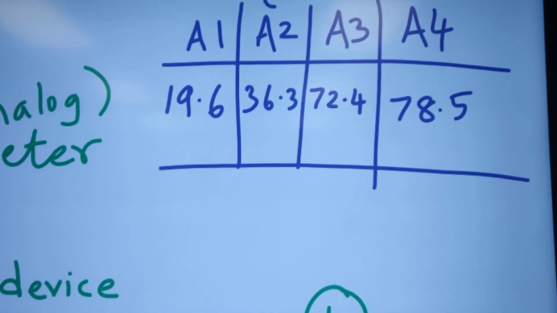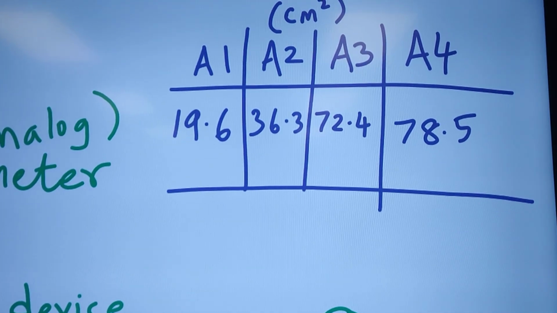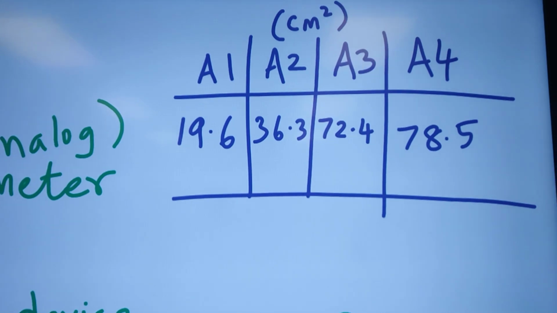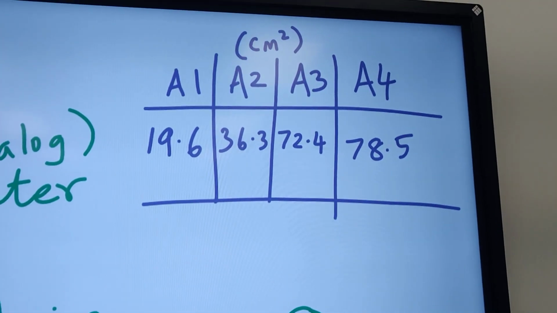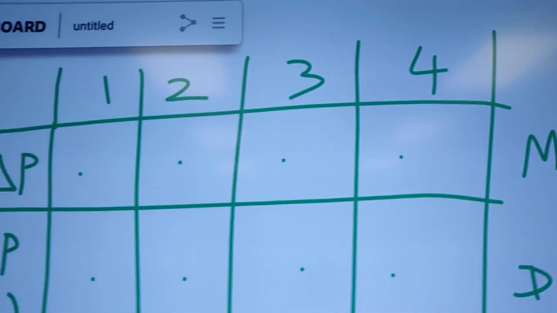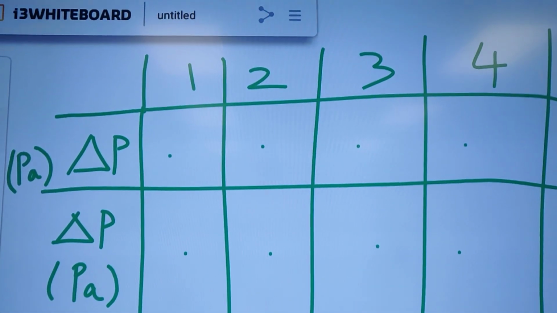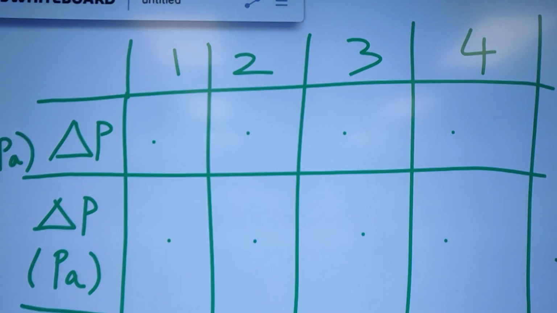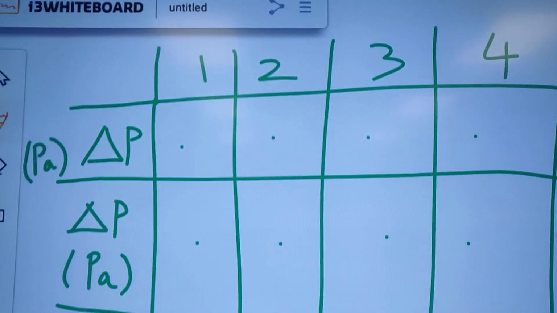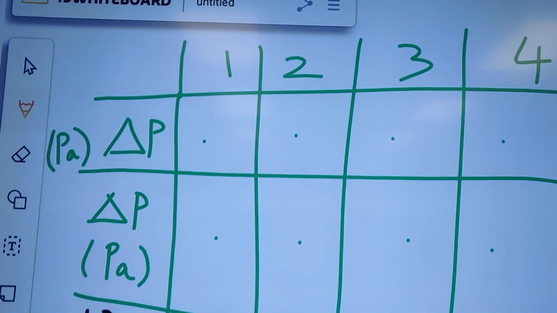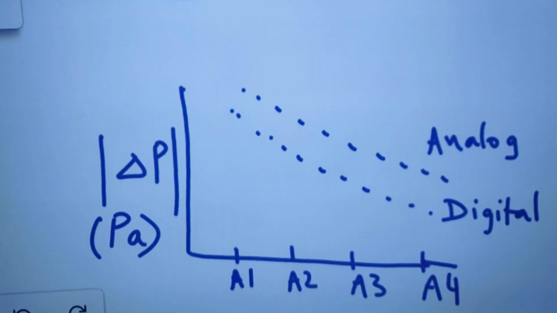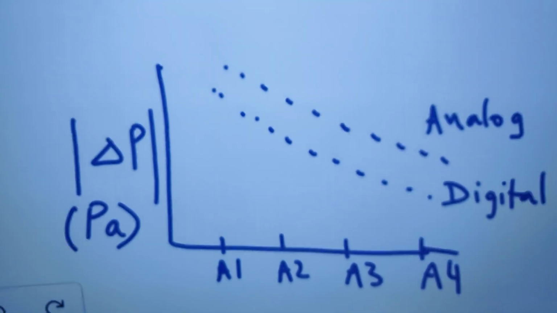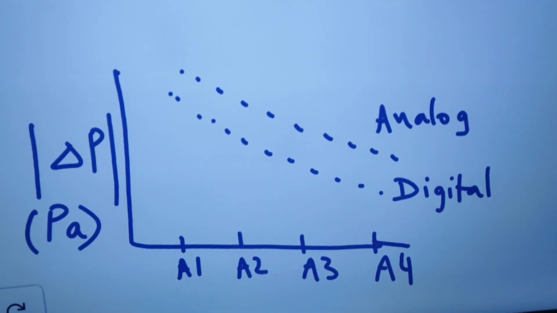You will find this inside the manual in centimeter square at location 1, 2, 3 and 4. So these 4 values you are going to map to these pressures: A1 at location 1, A2 at location 2, A3 at 3 and A4 at 4. So correspondingly you have delta P's, so that you have to map, and whatever type of graph you get,